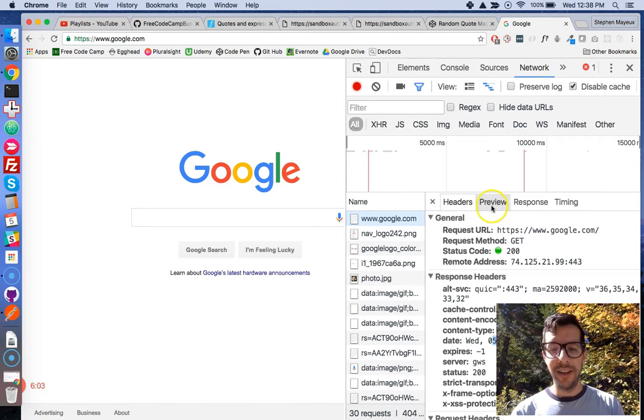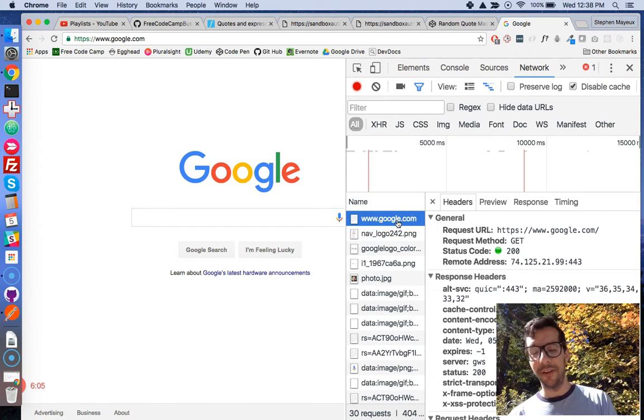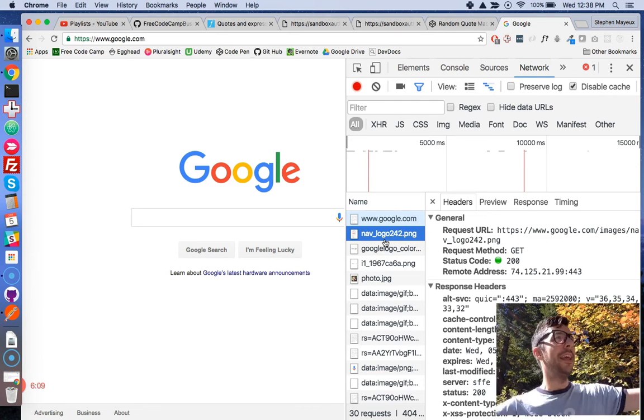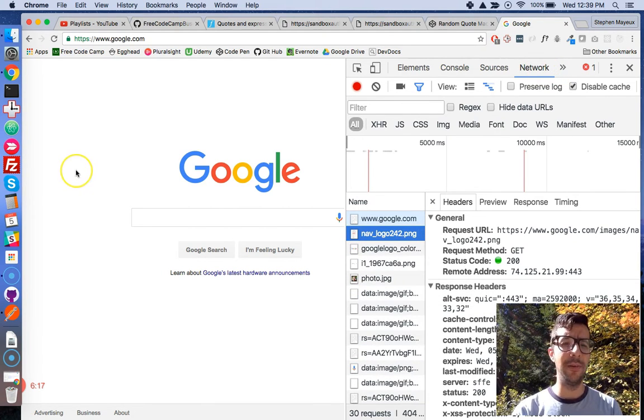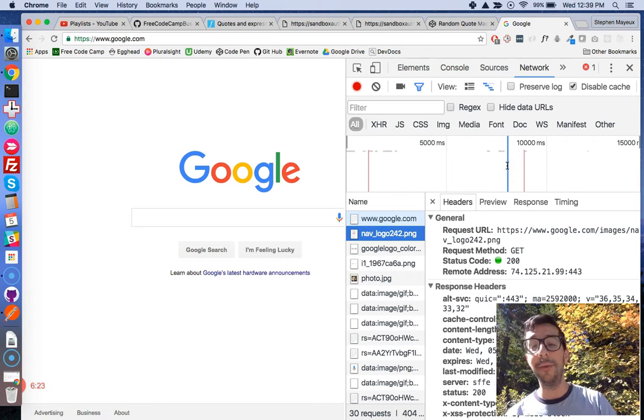So in turn, we get this response of the HTML document, and that HTML document actually goes out and requests different resources. So you're usually going to get many different things in this network tab when you visit a website. You can see it happen in real time, and you can see the timeline of what gets loaded when. Really useful tool here.